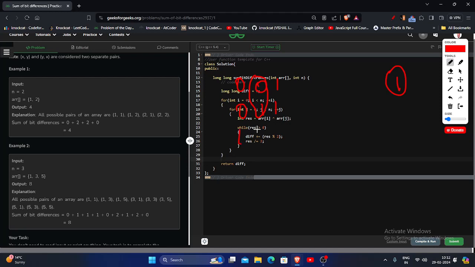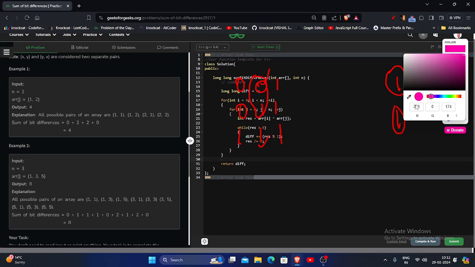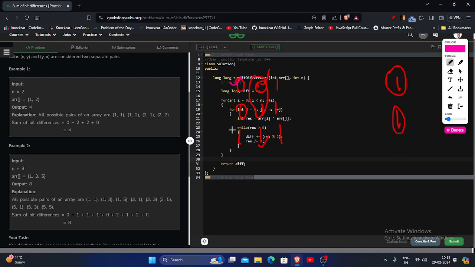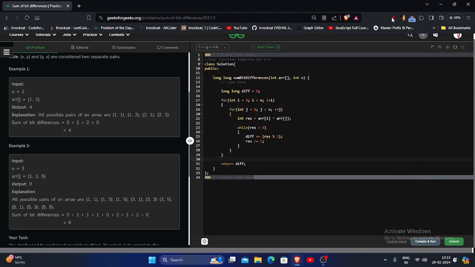And when I include 5, this 0 will also make a pair with this, where it will accumulate a 1 bit difference again, like for this 0 and this 1. Similarly, for this 0 and this 1, we will again have a pair. And again, for this 0 and this 1, we will again have a pair. So what I want to say is,